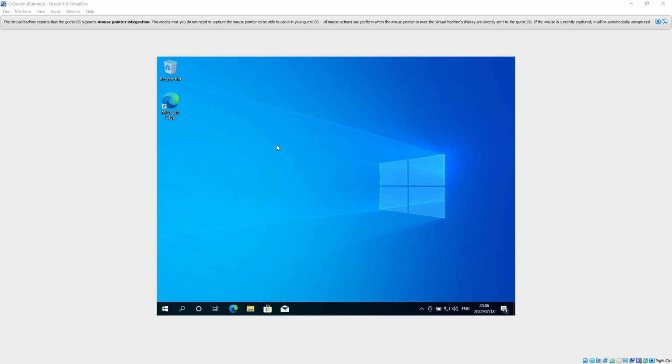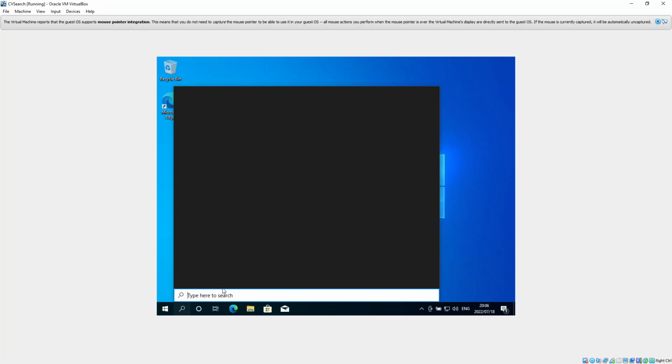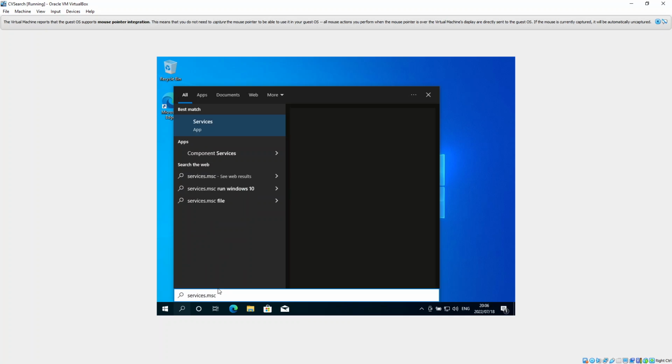Okay, so the restart was successful. Something that I normally do, just because I've been used to SQL in the past, is to go and check the services, make sure that all the services are running before I try and connect, because if you don't check the services, you might find there's a missing service, and the problem is you can't connect to the database with a missing service. So I just type services.msc,